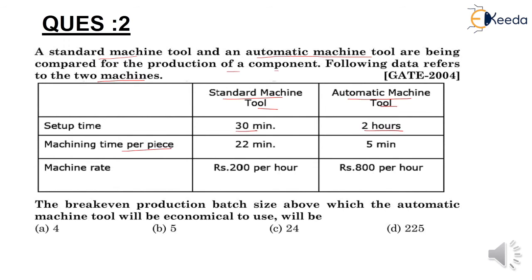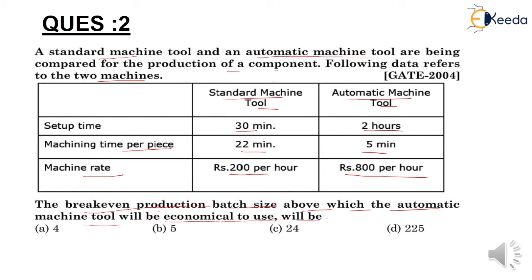Machining time per piece for the standard machine tool is 22 minutes and machining time per piece for the automatic machine tool is 5 minutes. The machine rate for the standard machine tool is 200 rupees per hour and the machine rate for the automatic machine tool is rupees 800 per hour. Okay students. The break-even production batch size above which the automatic machine tool will be economical to use will be: